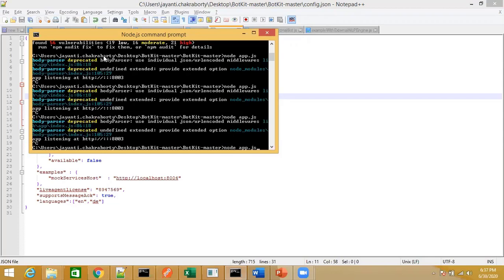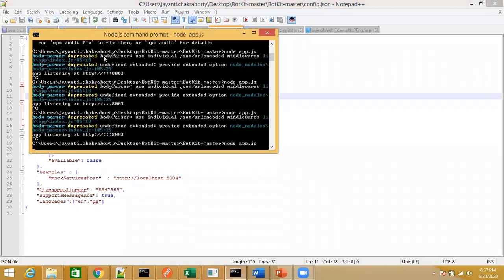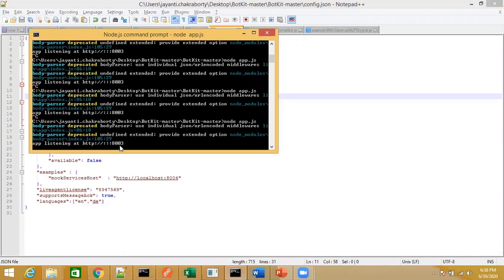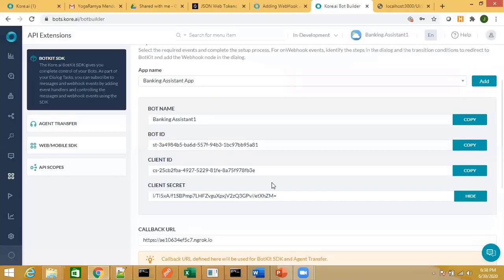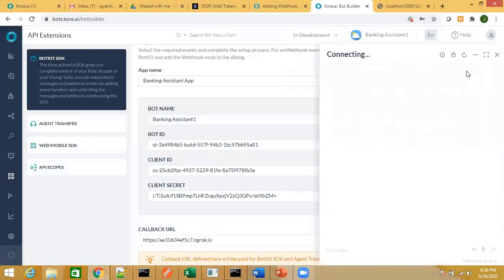So we start the Node.js application, and once you start it, it should come up with an app listening at this particular port. Okay, so once you have that, now if I talk to the bot, let's see how it is working.